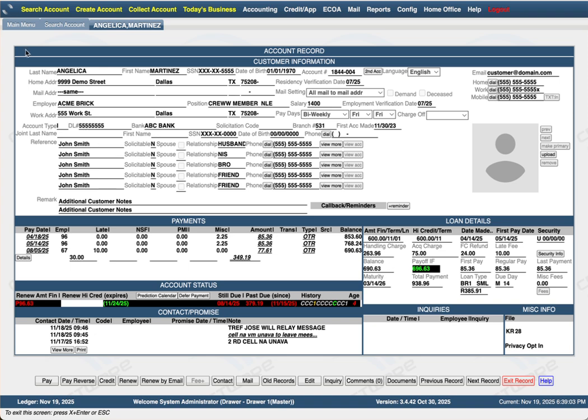Martinez. Angelica Martinez is currently past due $379.19 since 8/14/2025, and it's currently November 19th, 2025. That $379.19 is a past due amount of $349.19 plus a $30 late charge, and this customer is currently in the 4-month range past due. So if the customer is coming in, you're trying to get them to at least pay